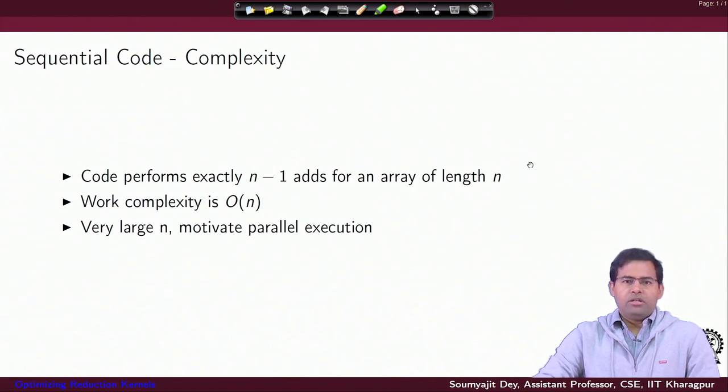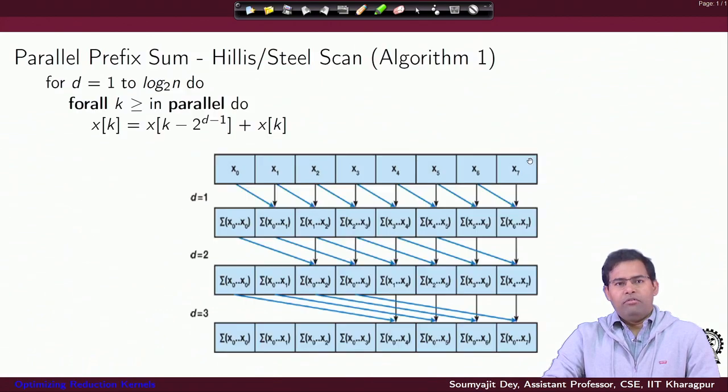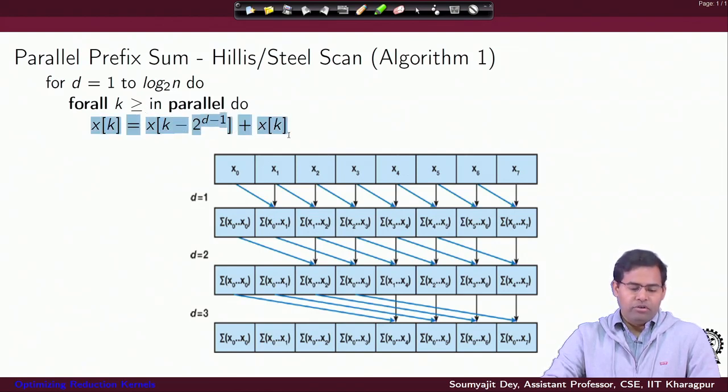Now, of course, it's very easy to understand that this is a completely sequential code. So, the work complexity is pretty high for such a simple operation, and since there are lots of possibilities for parallel execution, we can do things in a smarter way. So, consider an initial parallel implementation. This is the Hillis-Steele scan. Consider this algorithm here. What we write here is a parallel version of this for loop. We are trying to say which operations we are going to do in parallel.